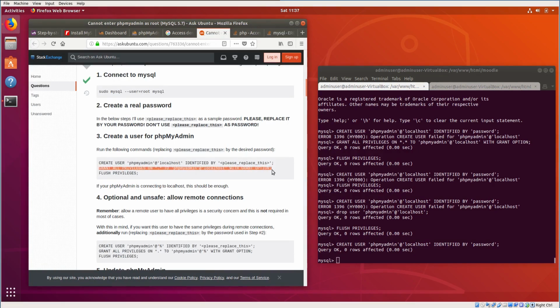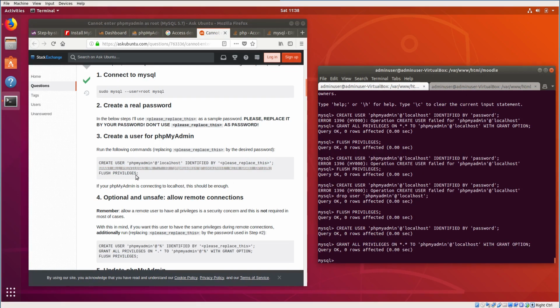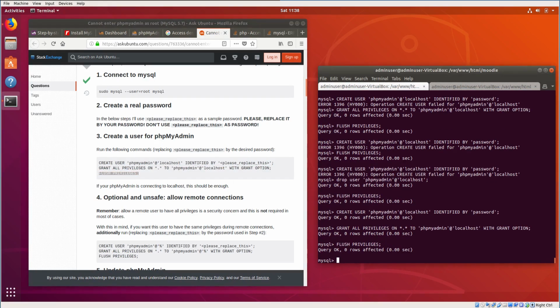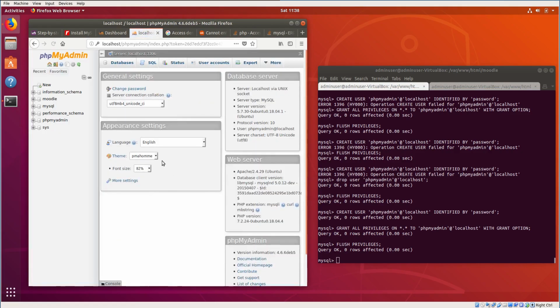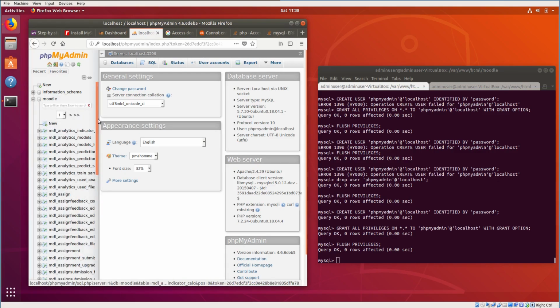Let's grant all the stuff to that user. And let's flush the privileges again. And now let's see. We'll go back to here. Now our user is called phpmyadmin, password. And we're in. So in here we see kind of the backbone of our database, but the Moodle database is